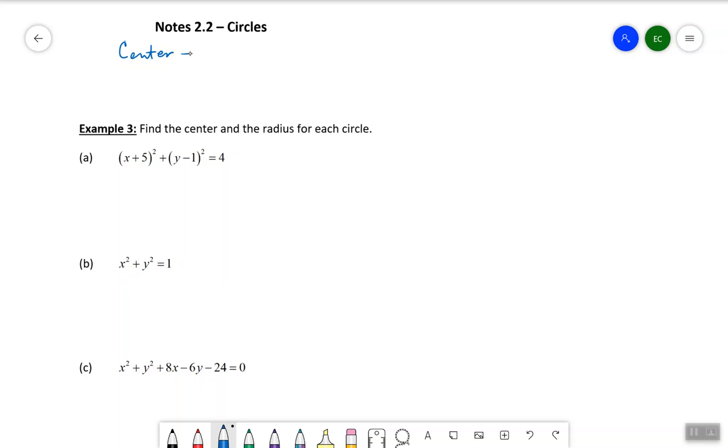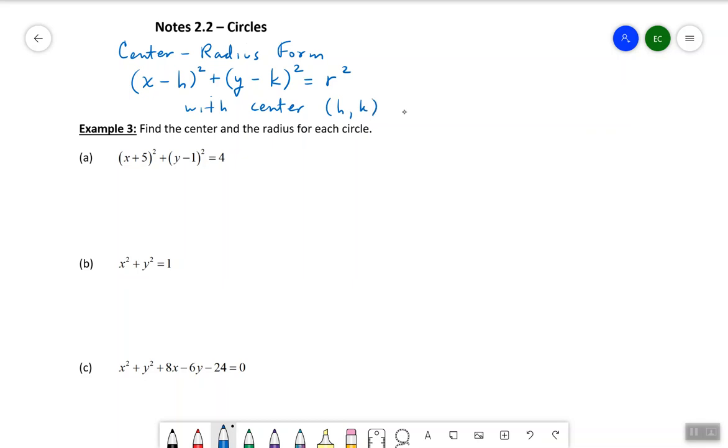Center radius form says x minus h quantity squared plus y minus k quantity squared equals r squared. It gives the formula for a circle with center at h comma k and radius r. And so